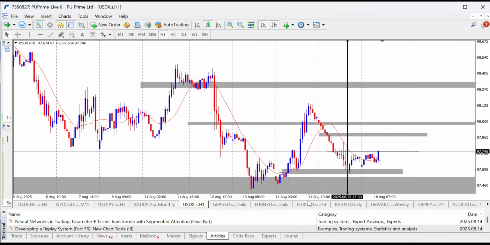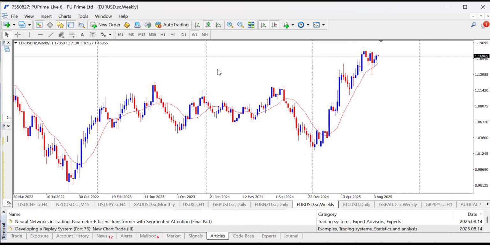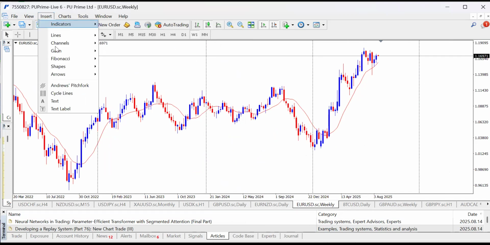So let's look at Euro USD, which is the inverse of the market. Euro USD. So I'm going to start with Euro USD. I'm starting as usual with monthly time frame and weekly time frame. So let's look at what we have, the kind of rejection we have, and all that.